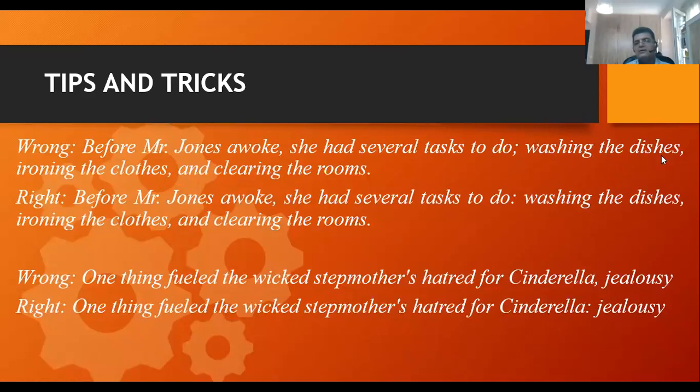We have a list of several tasks. When you are going to discuss a list of several tasks, such as washing the dishes, ironing, and clearing, you need a colon, not a semicolon. So there are some common problems that happen in academic writing because we are not sure about the functional role of